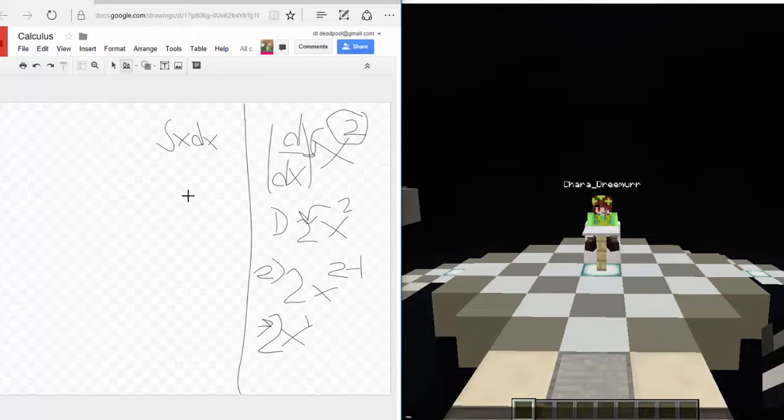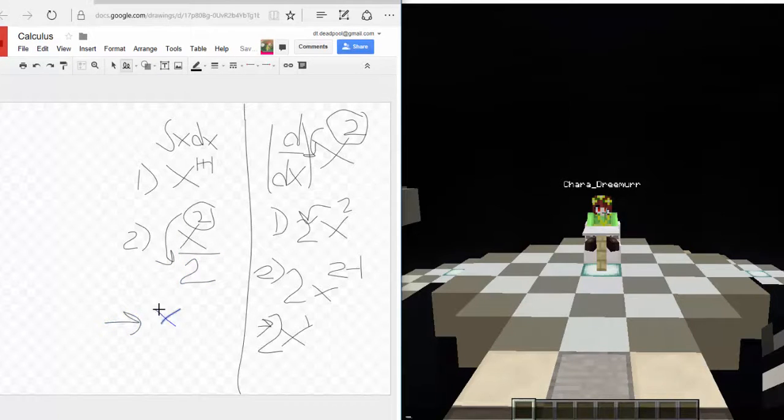So the integral of x. We're going to go step 1. You have x, and we're going to do the opposite. Our first step is messing around with the exponent, so we're adding 1 to it. Then our second step, now we have x squared. We're going to take the 2 and move it way down here, to make it x over 2. Answer: x squared over 2.